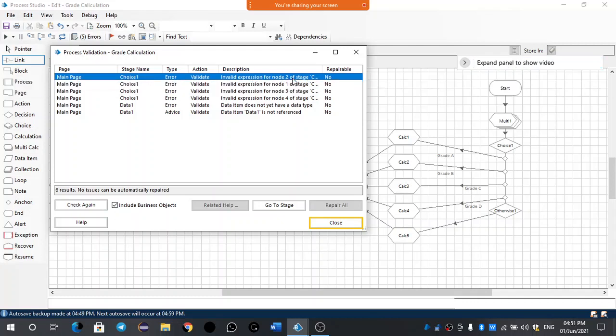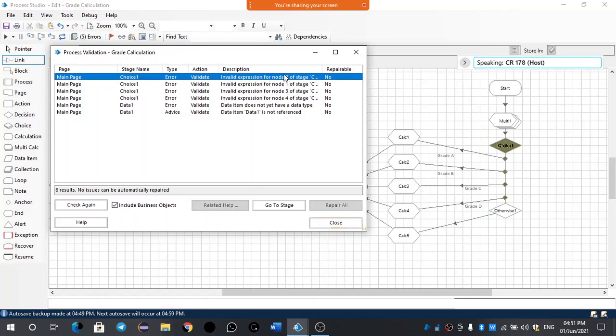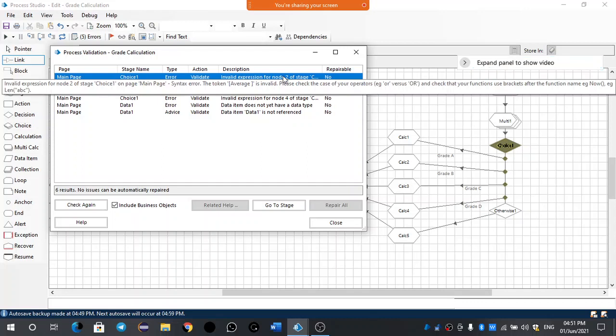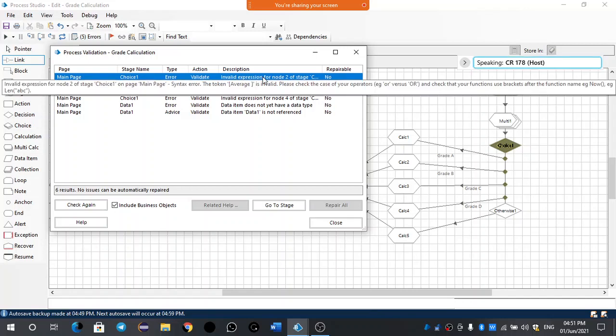Invalid expression in choice one. What happened? Double click on that. Everything is in choice one. Validate. Okay, go to calculation one.